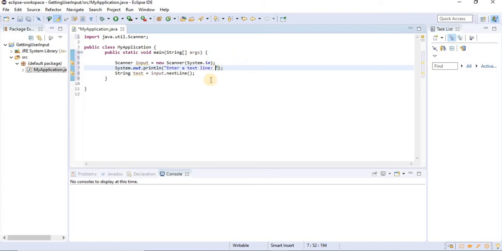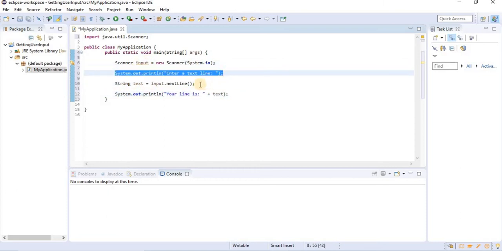And by line I mean that the user can write 0 or more characters, but they must hit the return key, and that's the definition of a line. And once I've got the line, I'm gonna say sysout your line is plus text. So here we've put our string variable. At this line right here, we're telling the user what to do. Right here, we wait for their input, so we wait for their line, and this statement only displays the line